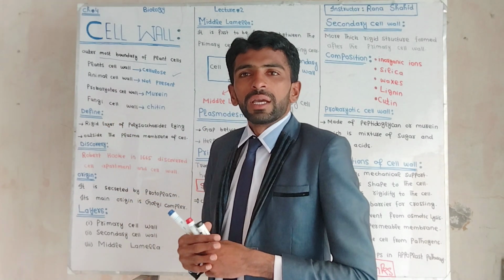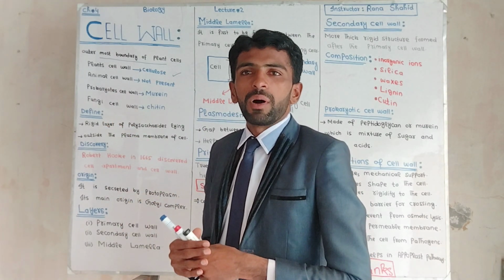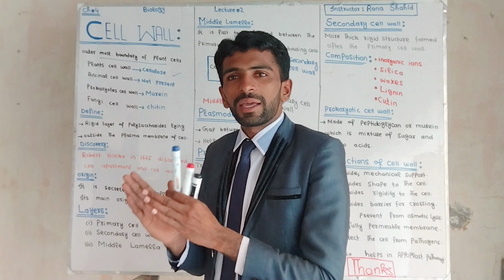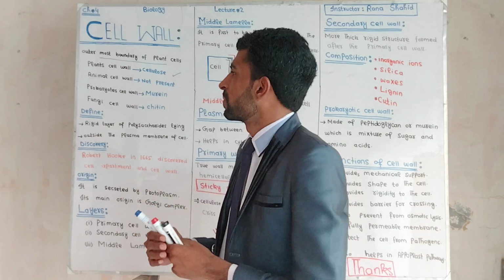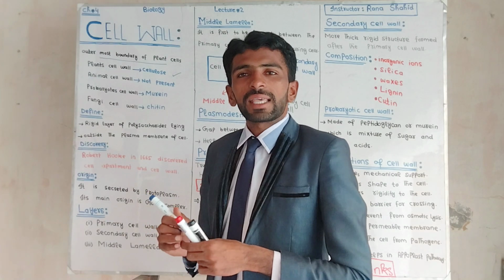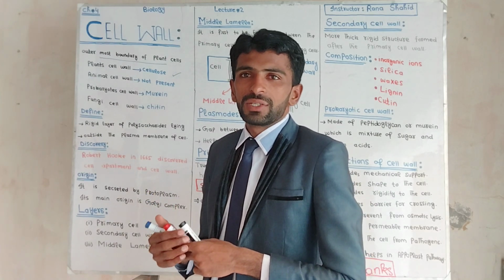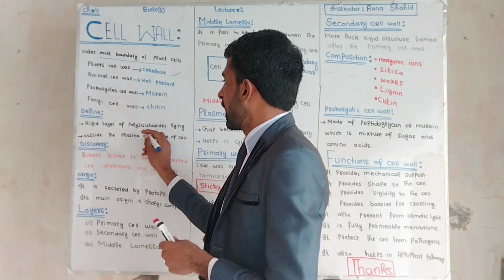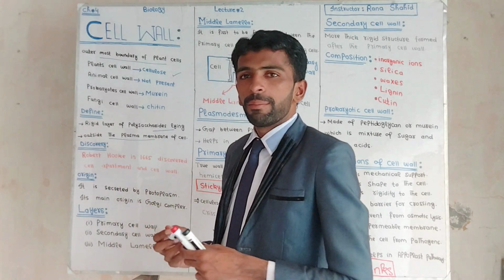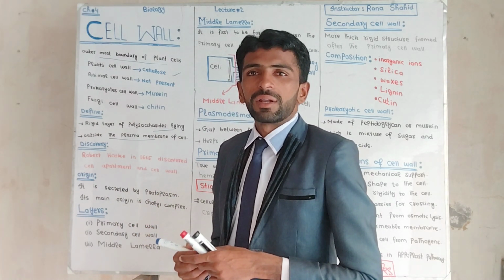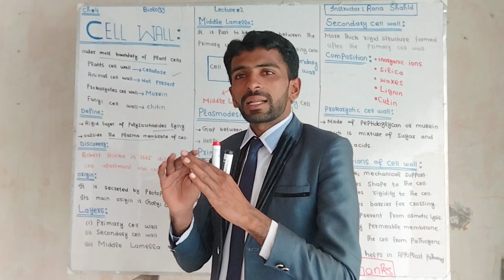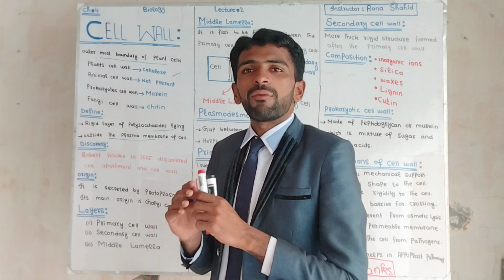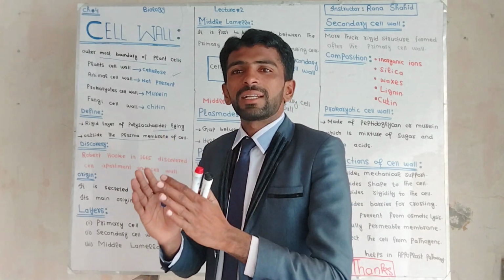In prokaryotes, the cell wall is made up of peptidoglycan or murein, which is a mixture of amino acids and sugar molecules. The fungal cell wall is made up of chitin. Definition: the rigid layer of polysaccharide lying outside the plasma membrane of the cell is known as the cell wall. It is a rigid, non-living, fully permeable structure present only in the